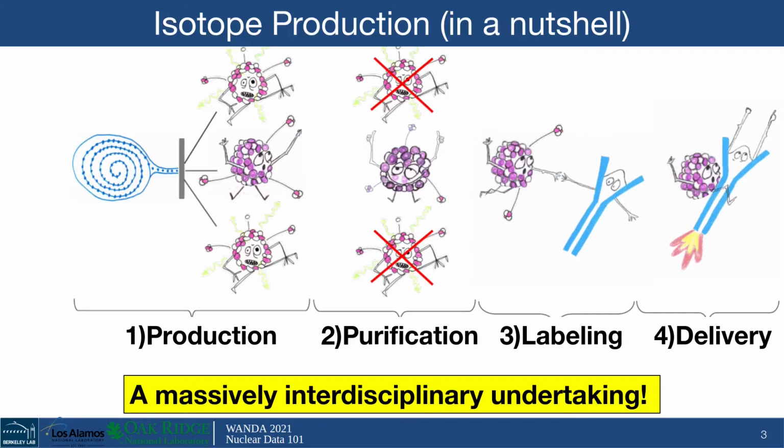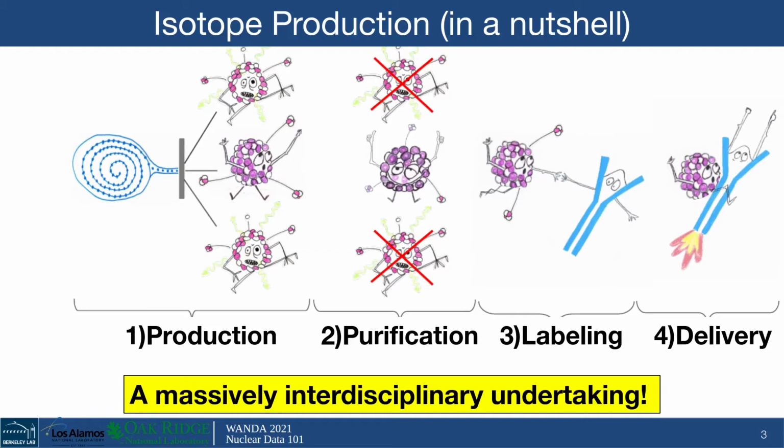However, for medical applications, there is an additional step where we need to attach our radionuclide to a targeting molecule in a process called labeling so that we may deliver the radionuclide to its intended destination. A number of targeting molecules are routinely used, including antibodies, as these allow clinicians to deliver the radionuclide to a specific site in the body or to a particular type of cell or the site of disease. The goal for the labeling process is to design a targeting molecule that will selectively bring our radionuclide only where we want it to go in the body,